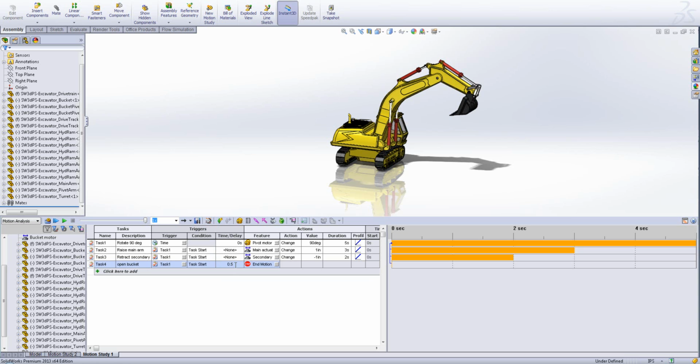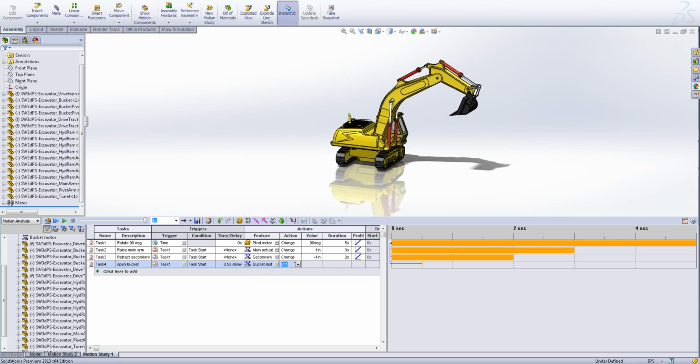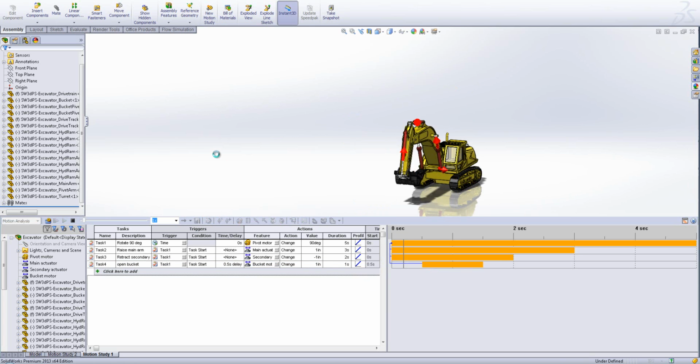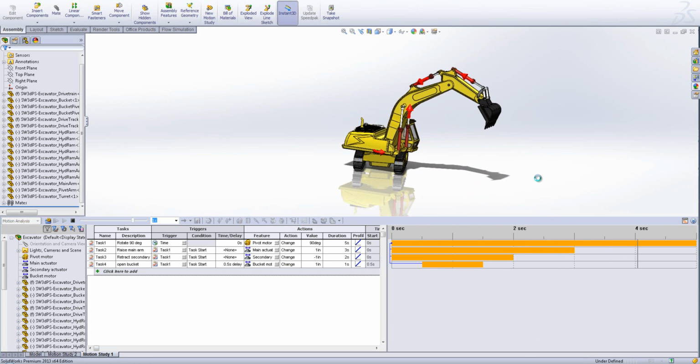So we're going to put a 0.5 second delay on there, just so that it's not starting exactly the same time as all the others. And we're going to grab that actuator for the bucket, change it by 1 inch over the course of 1 second, and we'll ask SolidWorks to animate that. We'll see what we get. So you see the arm coming up and the scoop extending this time,